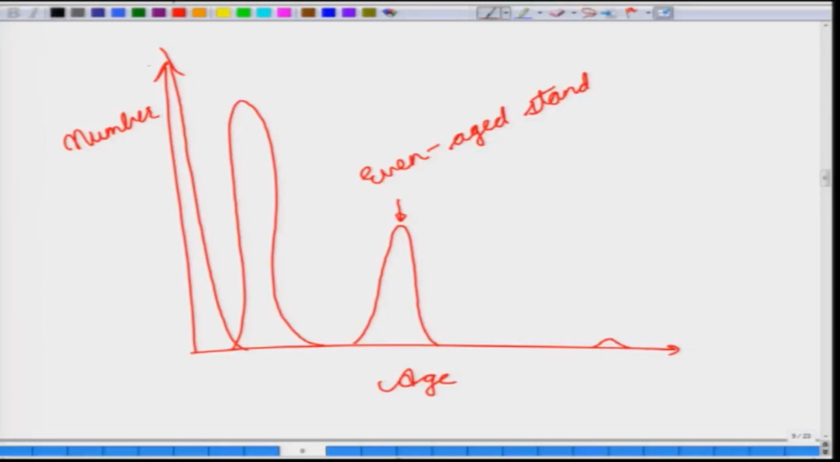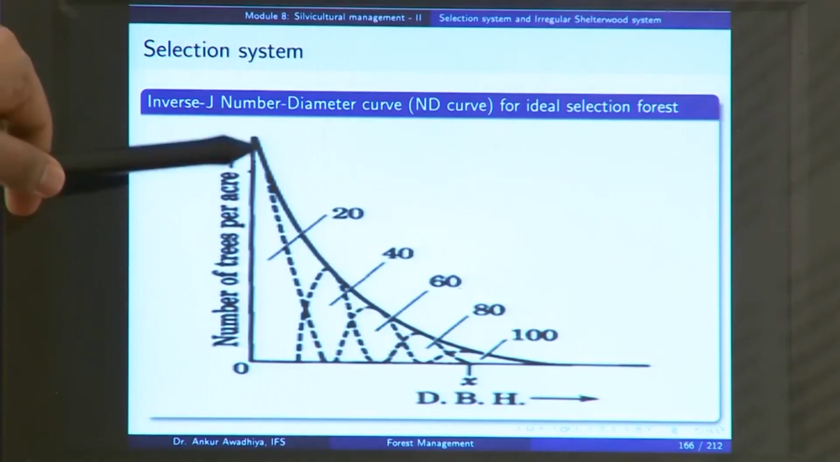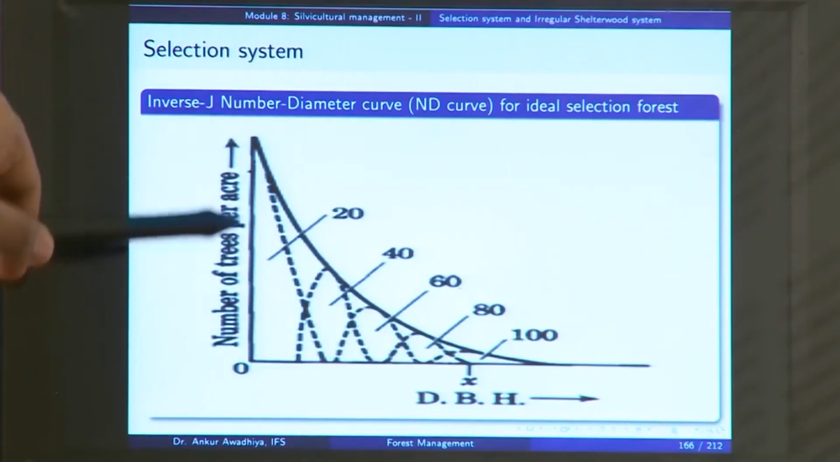And when you join the tops of these curves, you are getting the selection curve, the inverse J curve for the selection forest, which means that what we are saying here is that suppose this is one even aged stand